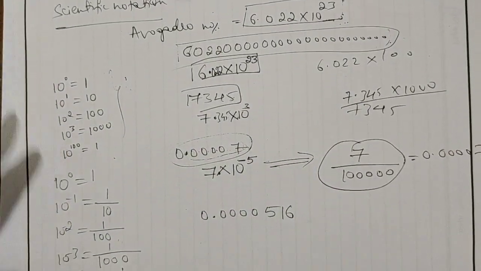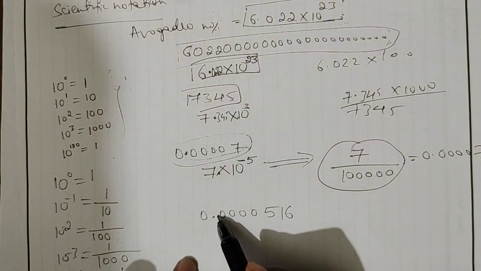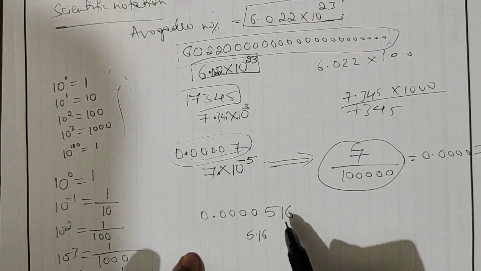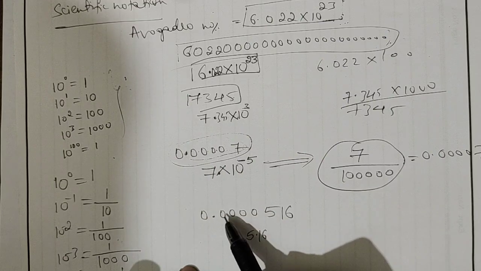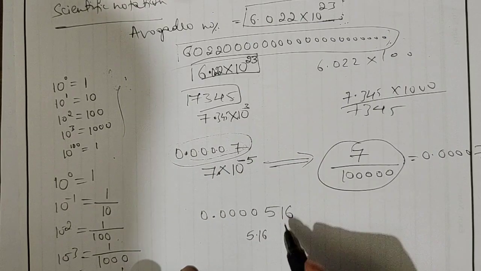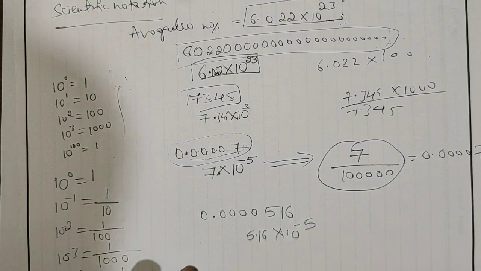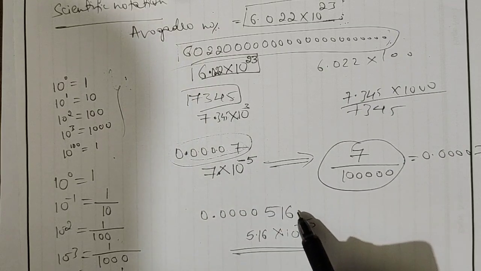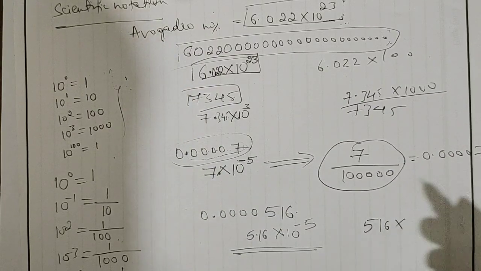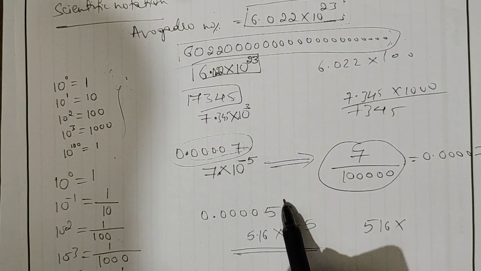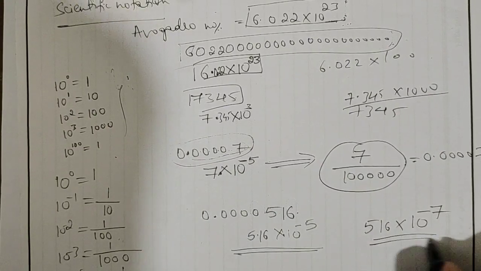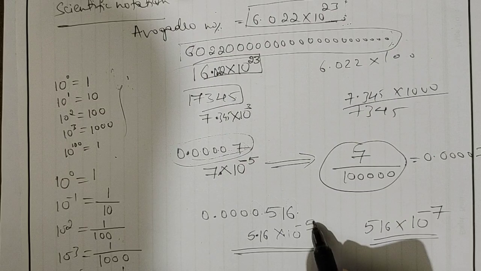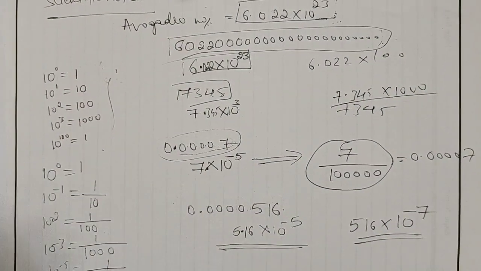So this is another example. Where shall I put the point here? I want to shift this point, as I told, wherever I want. So I will put it here after the 5. That means 5.16. So we are shifting this decimal by how many digits? 1, 2, 3, 4, 5. That means 10 to the power 5. Right. This is the shortest form. Suppose if I want only 516, that means I need to shift this decimal here. So 516 times, 1, 2, 3, 4, 5, 6, 7, 10 to the power minus 7. If I put the decimal here, I will get minus 5. Here minus 7. I can also put it here, then I will get 4. Understood? This is all nothing but scientific notation.